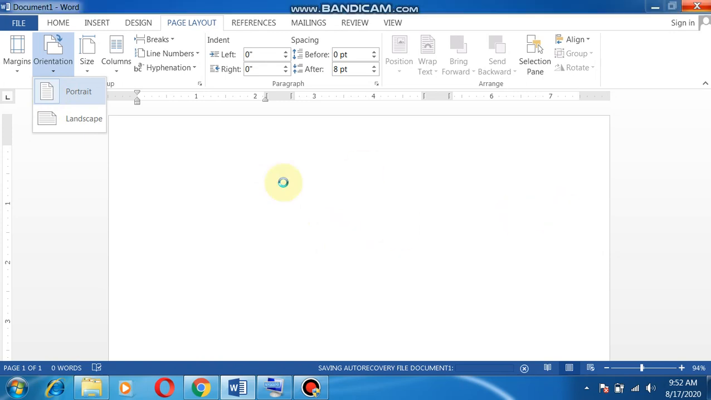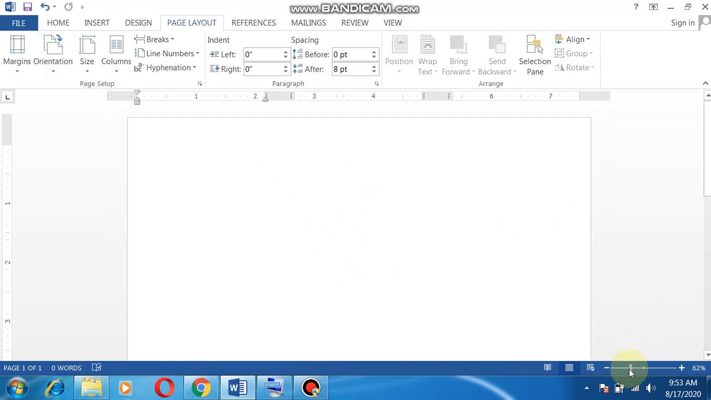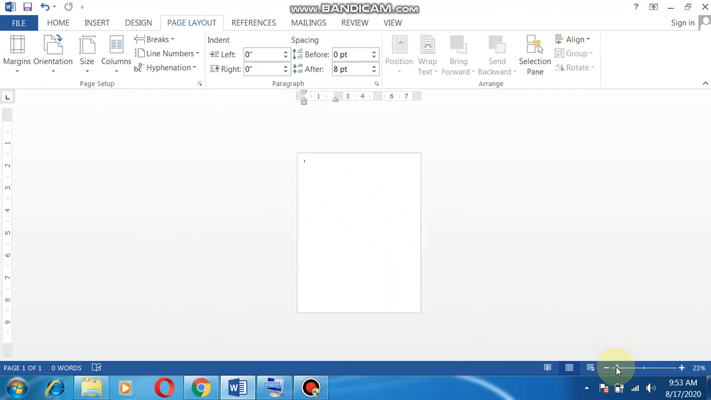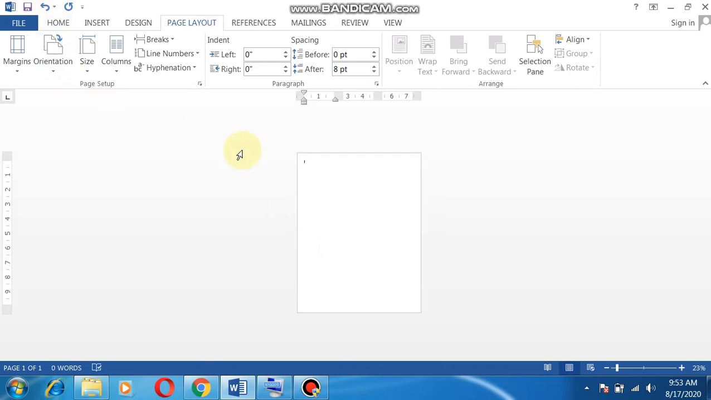this option will be more clear to you if I show it. You can see, this is the portrait orientation. And now let's change it to landscape. This is the landscape orientation. The page will be printed along the length in landscape, and in portrait the page will be printed along the width of the page. Okay, now